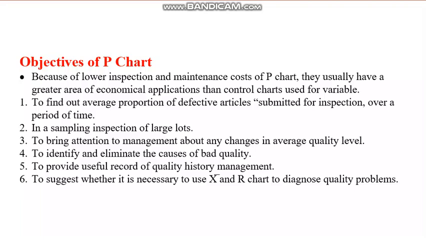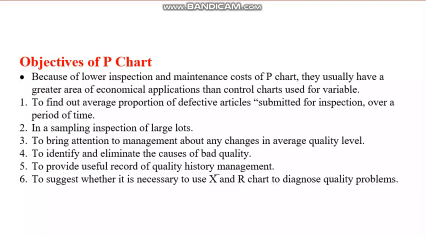Okay, to find out the average proportion of defective articles submitted for inspection over a period of time. Suppose over a period of 1 week or 1 month, if you want to say what is the average proportion of defects, that means you can say out of every 100 pieces, 2 pieces are defective, that way you can conclude. To find out such kind of proportions,